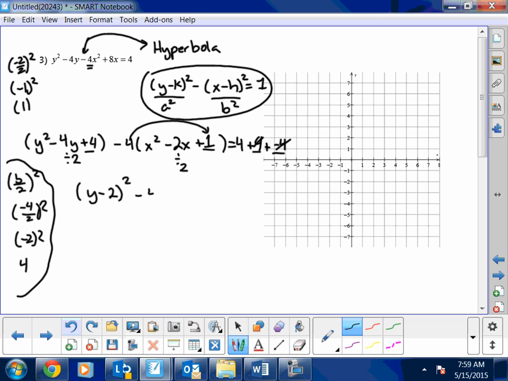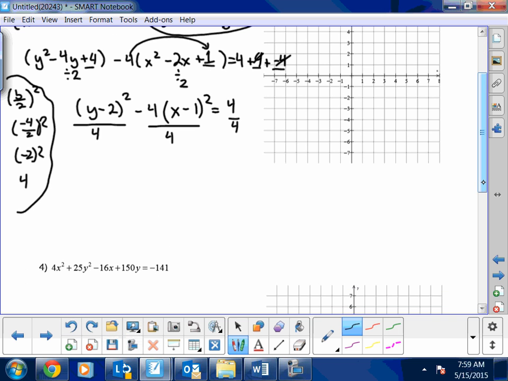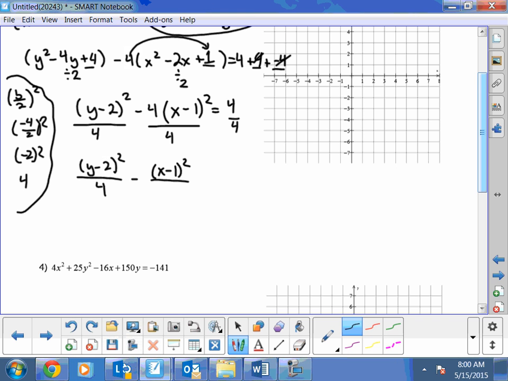So this is going to be negative 4(x - 1)^2, and that's going to be equal to 4. Now it's at this stage that we divide everything by 4. So divide here by 4, divide here by 4, and divide here by 4. One of the things it's going to produce is an equation that has the format of this: (y - 2)^2/4 - (x - 1)^2/1 equal to